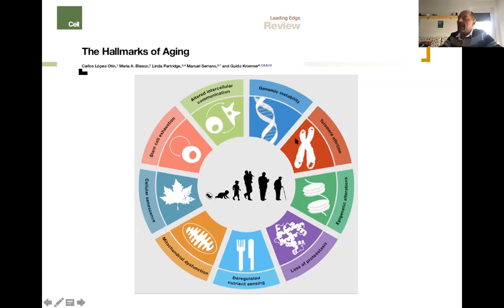Also, this can be related to telomere attrition. The epigenetic alteration, so the methylation, which, as we have seen before, is responsible for the compaction of